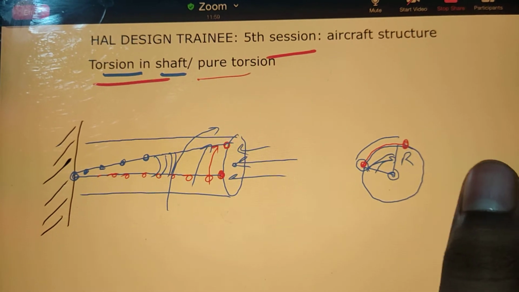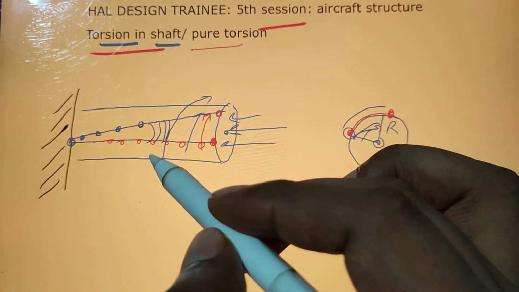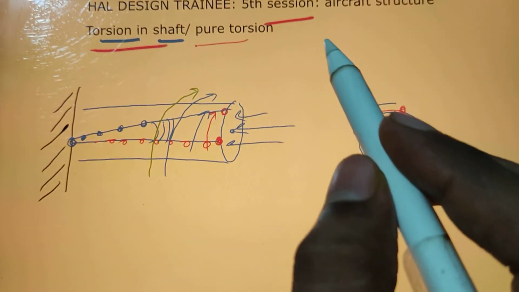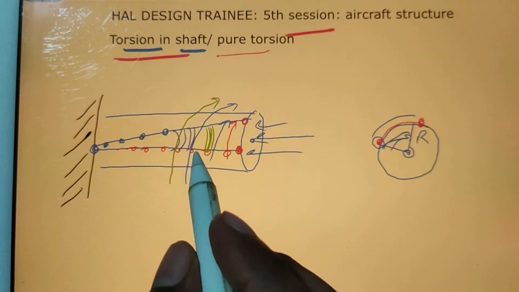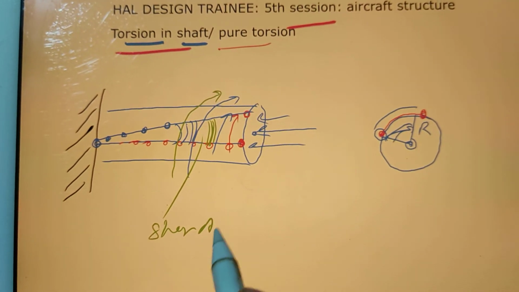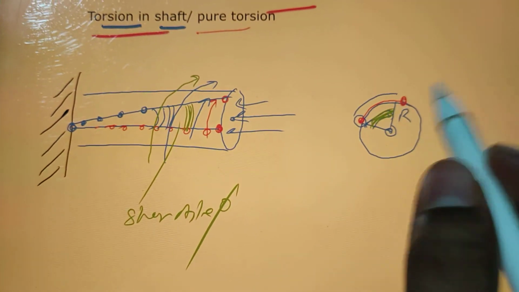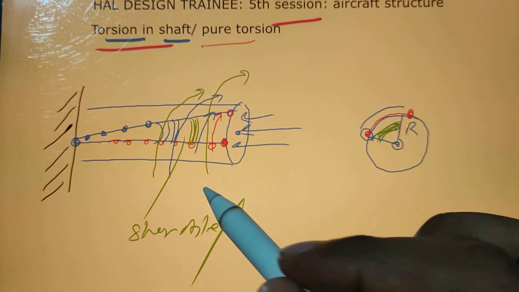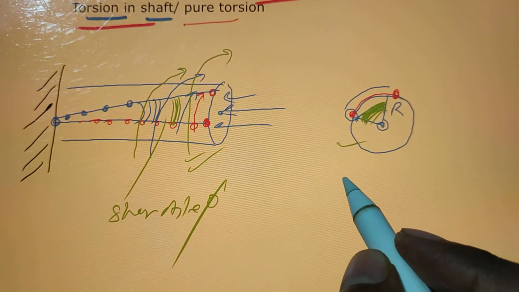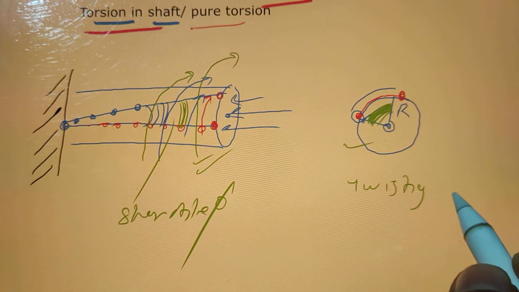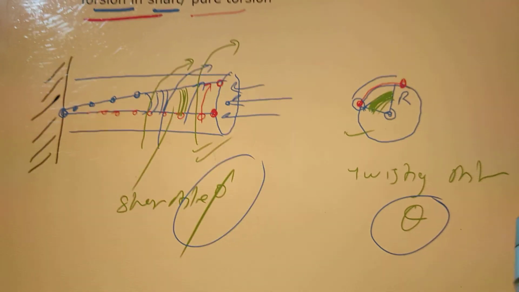One angle is known as the shear angle, one angle is known as the twisting angle. As you know from the concept of shear, when you are touching the top surface, that is called shear. So whatever angle we are making here at the top surface, that is the shear angle. You just show here the shear angle as phi, and here whatever angle is coming, that is because of twist, because you are twisting like this. Anyway, both are coming because of twist, but this angle is popularly known as the twist angle. So that is theta. So you will say twisting angle, and the symbol is theta. So you got two things, one is phi, one is theta. Now let's go ahead.